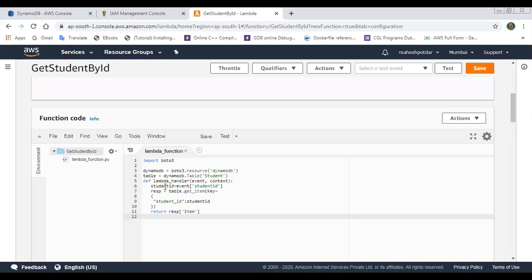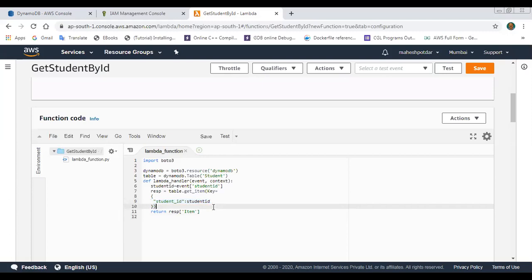Here I have taken one field, student ID. I am passing the student ID field, and when it is passed, response equals table.get_item. I am passing the student ID, which is represented in the form of JSON.